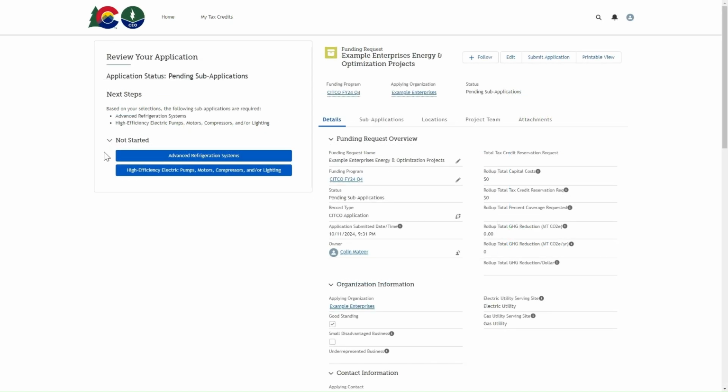Fantastic! We've now finished our general CITCO application and we're brought to our application dashboard. Here we have access to various details related to our CITCO application. For example, on the right side of the screen, under Funding Request Overview, we can review information from our general application. On the left side of the screen, we can see the next steps required to complete our submission, such